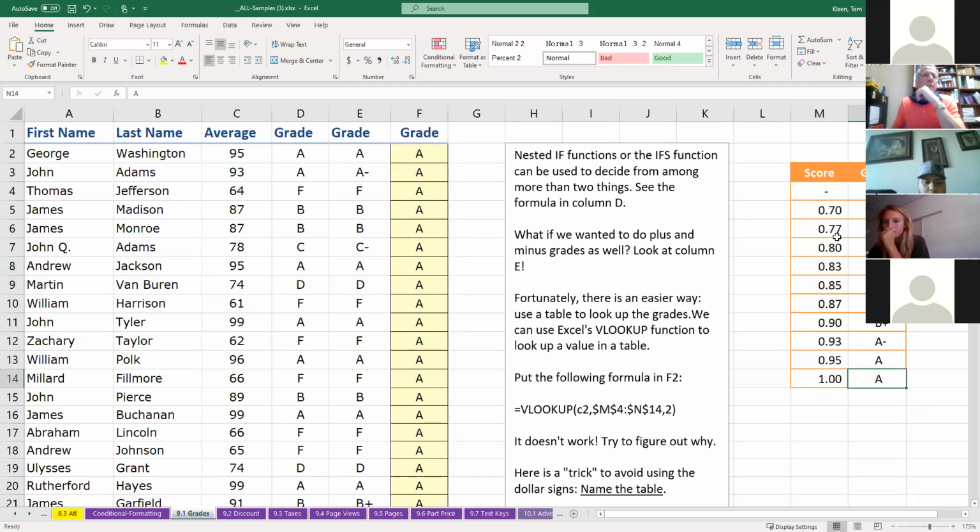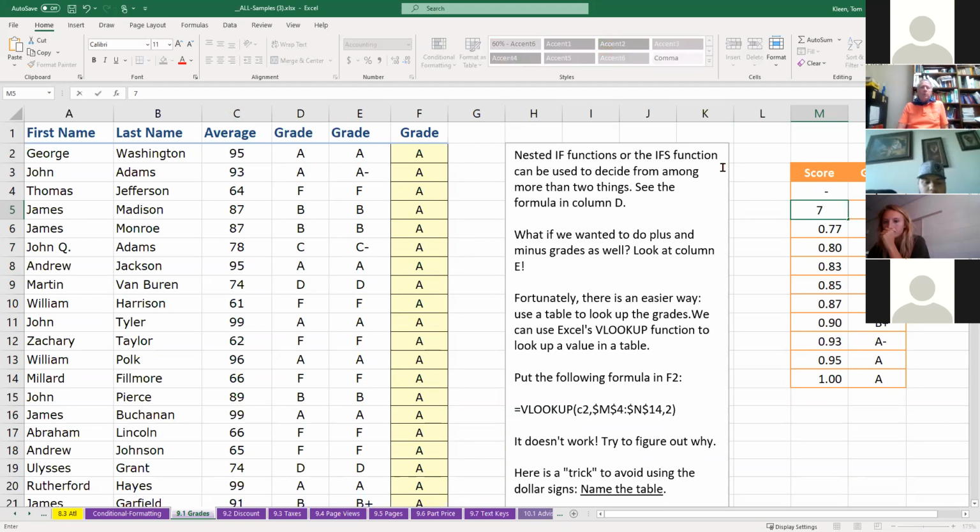It looked like it was going to work, but these are whole numbers over here, and these are fractions over here. So the way to make that work is I've got to change all of these numbers here to the corresponding whole numbers. So I'll put a 70 in there. That should change everybody's grade, I think. Or not yet. Okay, 77,